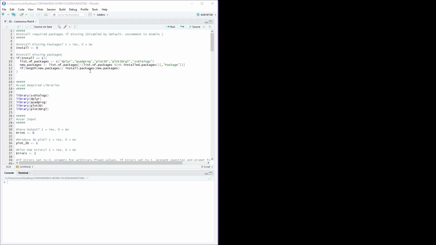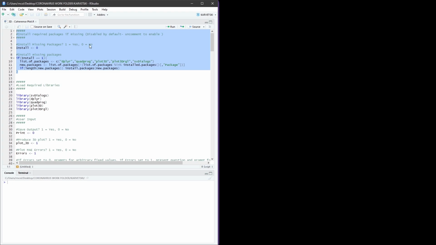All right, here is a quick video about how the Coherent Approximation Principle tool works in RStudio. So basically, I've written out some code in RStudio that will accept a probability, coherentize that probability, and produce a 3D graph based on that information. So I'm just going to quickly walk you through the code step by step and then show you an example